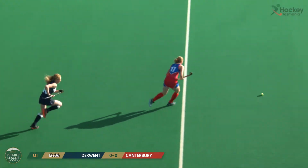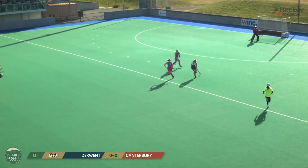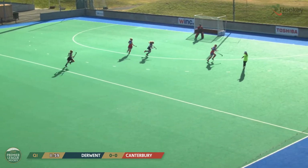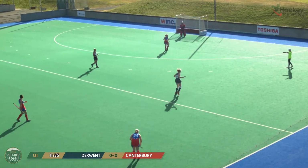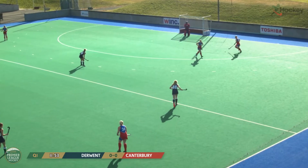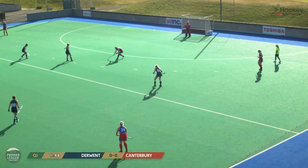Mary all the way back. Seddon's under a bit of pressure here now from Dobby. Dobby's going to win the race. Just got one in front of her. Fantastic tackle there. Sweeping through in the defence is Blair Beard, who's been impressive since returning to the Premier League